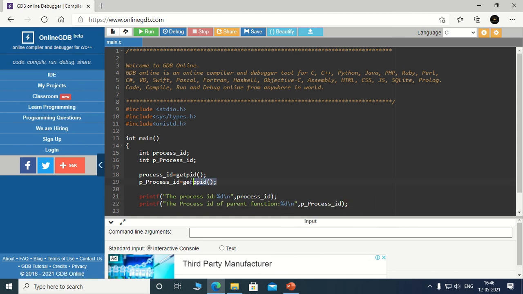So getppid will give me the parent process ID, and getpid will give me the process ID of the child function.